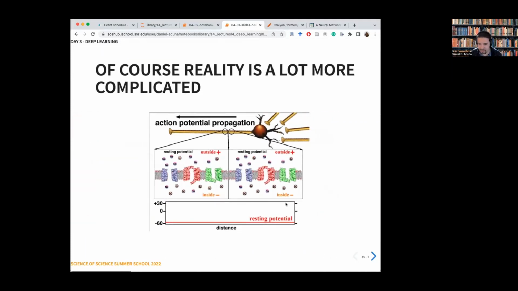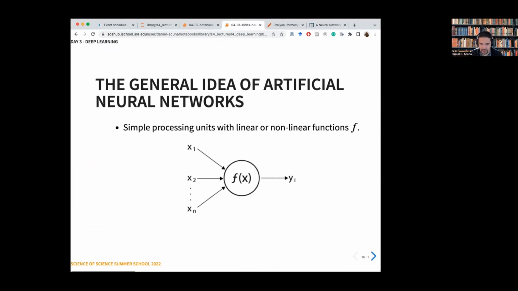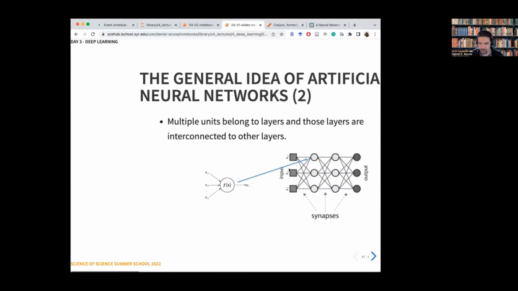So again, there is a lot of chemistry behind this, so I won't get into detail. The basic idea of a neural network is the neuron, and the basic abstraction from the physical neuron in an artificial neural network is this idea that you have a neuron that receives inputs, and those inputs could be from the environment. So this could be the features of your data set, or it could be input from other neurons. And then there is a small computation that happens here. That computation is sent as an output, and that output is received either by the output of the entire neural network, or is something that you send to other neurons.